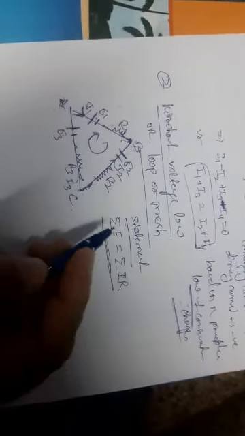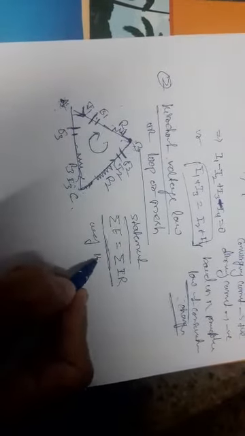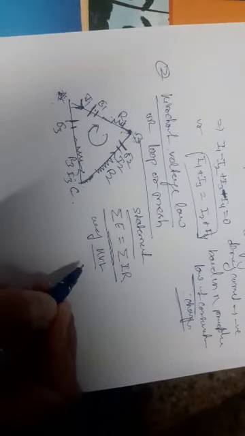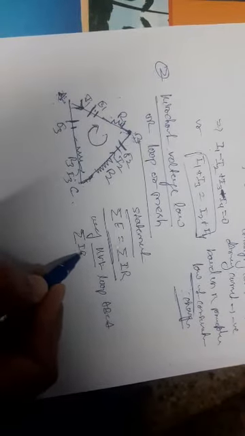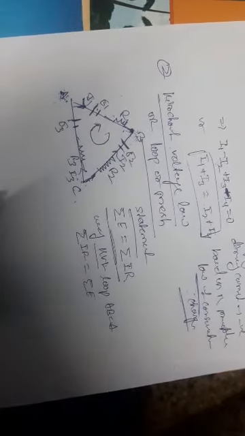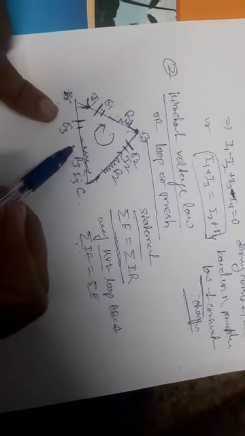Expand this equation. What is the formula and what is the explanation of this Kirchhoff's second law? By using Kirchhoff's voltage law, KVL, in the loop ABCA, expand the above equation: summation IR is equal to summation E. See, the first LHS part is summation IR, which means the product of current and resistors.